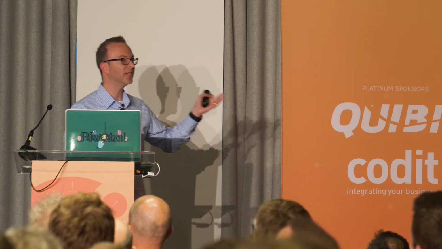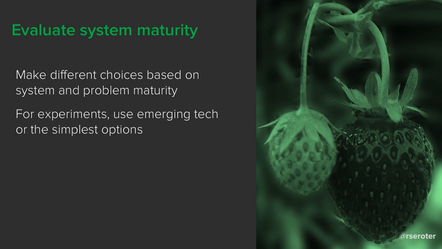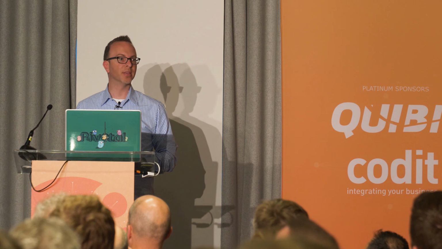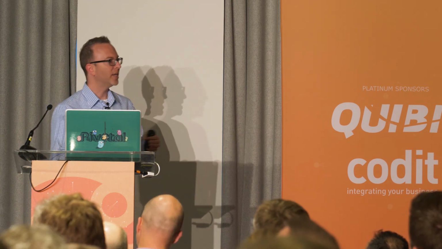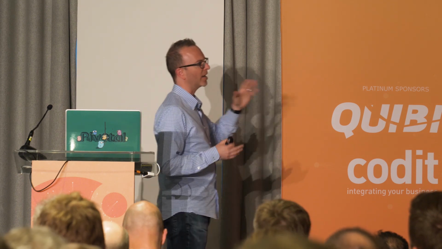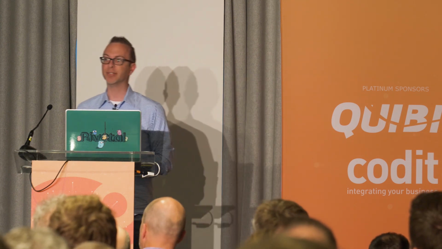If things are early in their cycle, you might use really incubating technology. For experiments, you shouldn't even care about lock-in, because I'm experimenting. What if I'm just going to throw this thing away? So I don't over-engineer up front on experiments. For things that are emerging, I'm going to invest differently in technology and modernization than for things near end of life or super stable. So even as you're thinking of modernization, think about how mature this thing is and how much I should invest in it. Don't accidentally make the wrong choice here, or you're just wasting time and money.